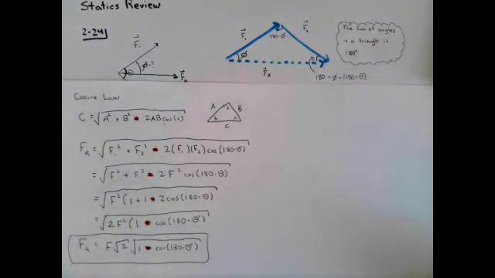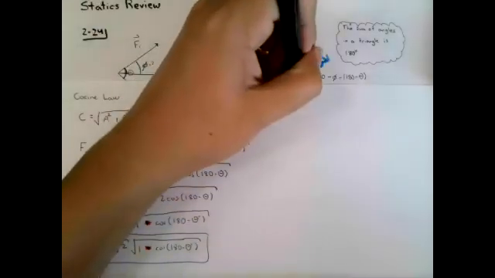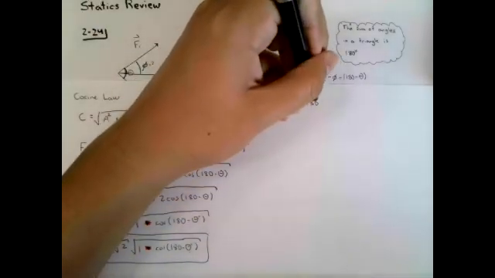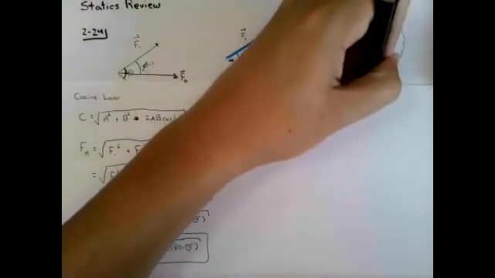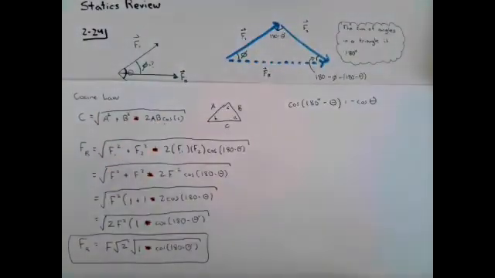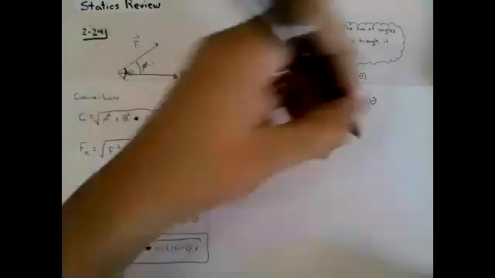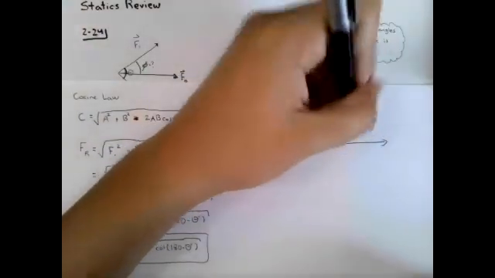So now I can leave my answer in this way, or I could try to simplify it even further. So you can use any trigonometric rule. From trigonometry, you know that the cosine of 180 minus theta is simply equal to negative the cosine of theta. If you don't know where that comes from, that's all right, because let's say we have